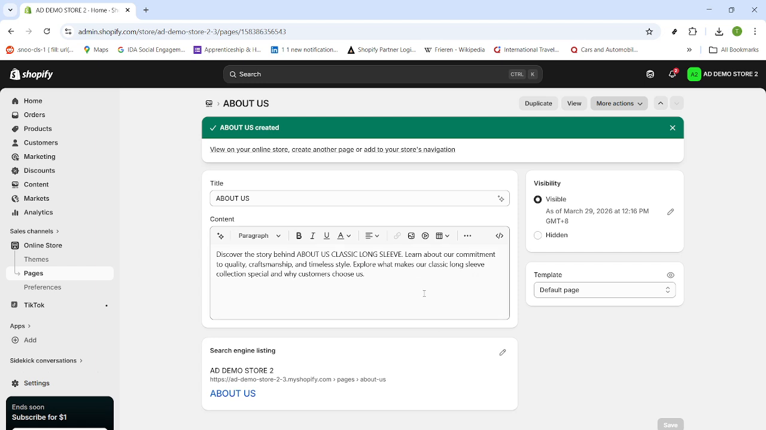That's it. Fast, clean, and done. You've just added a professional page to your store in seconds. Keep this flow in mind,